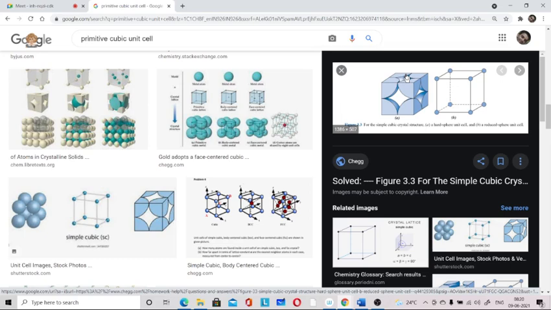Got it? So that is the thing. It's always that the more empty space there is, the packing efficiency is less. So nature has very few primitive cells, because the empty spaces are very large here.